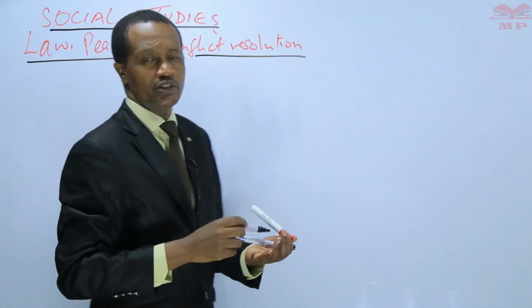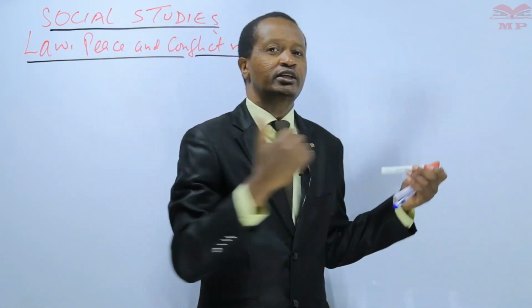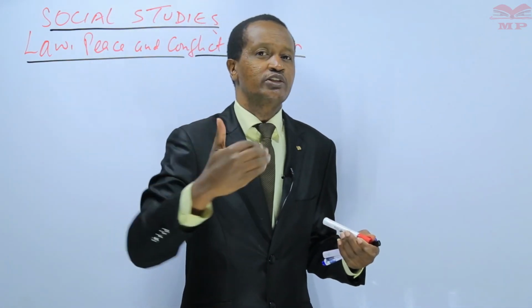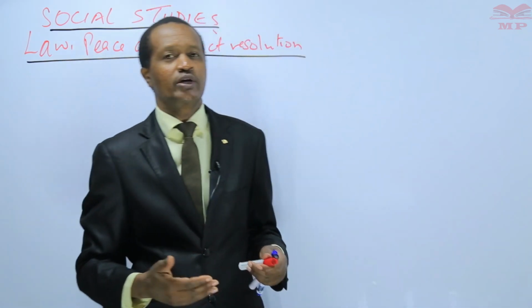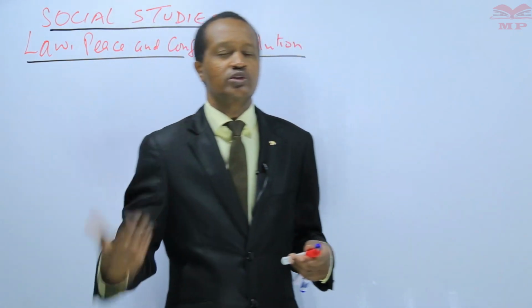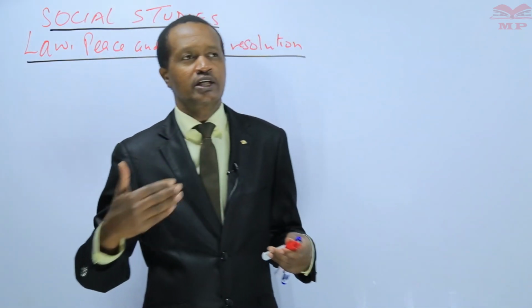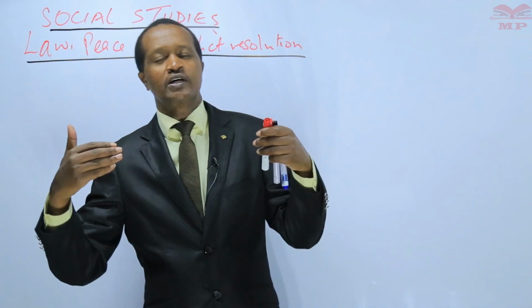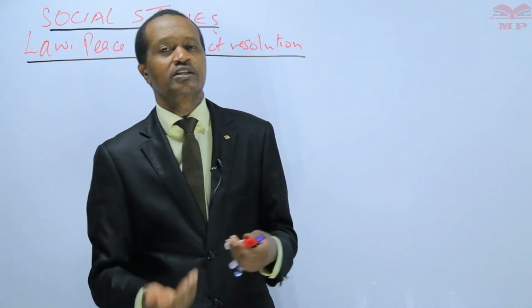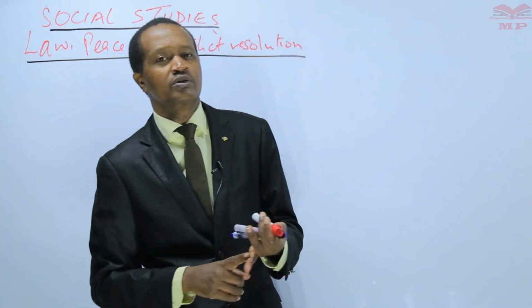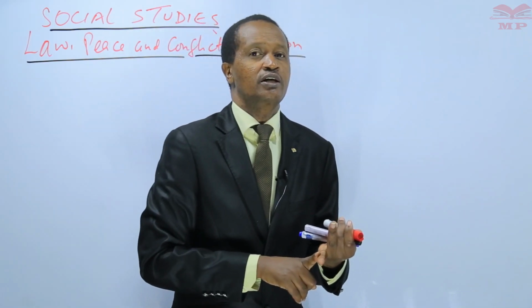Learners, in our last lesson, we discussed the effects of lawlessness. In the previous lesson, we had highlighted the causes of lawlessness. We defined lawlessness as a state where people in the society do not obey the law. In our last lesson, we highlighted some of the effects of lawlessness in the society. We said, for example, that people fear to work in such places where there are